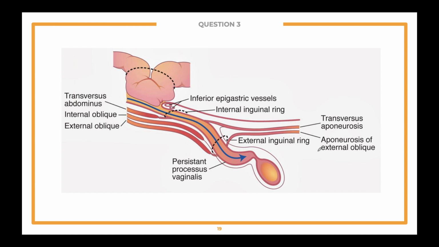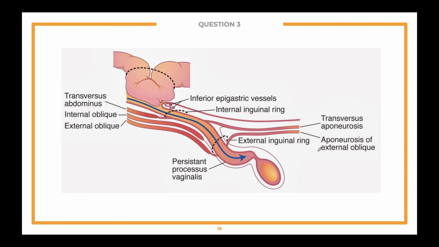So there is continuity. There is essentially a patent tunnel there. Indirect hernias will travel adjacent to the following structures, and you can see as we go through this: